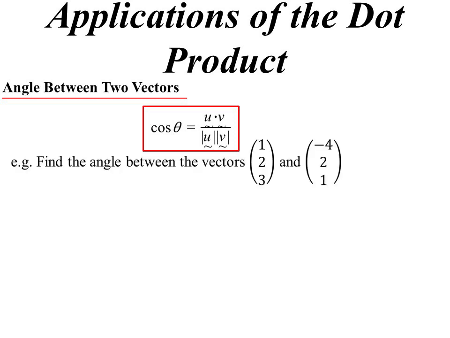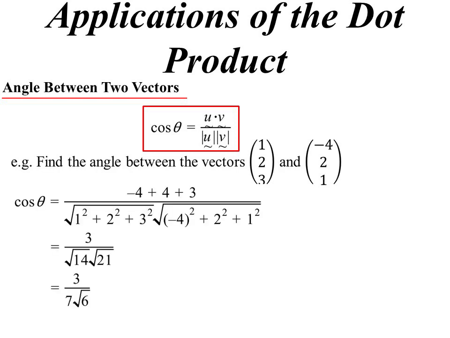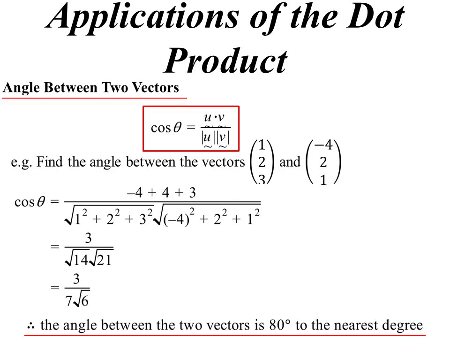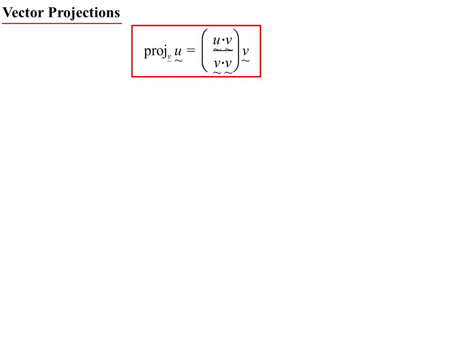magnitude of v. So if I wanted to find the angle between these 2 particular vectors, okay, dot product on the top, so 1 times -4, 2 times 2, 3 times 1, and then on the bottom the magnitude of each of those, I get 3 on 7 root 6, plug it into the calculator, and to the nearest degree I get 80 degrees. Another useful thing was this idea of vector projection, and there is our little formula we